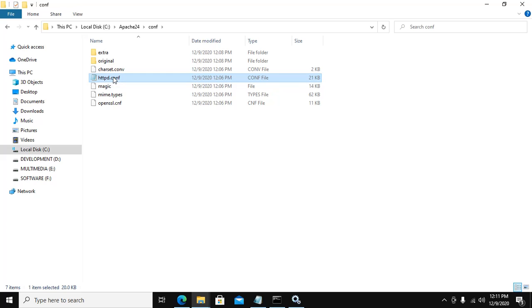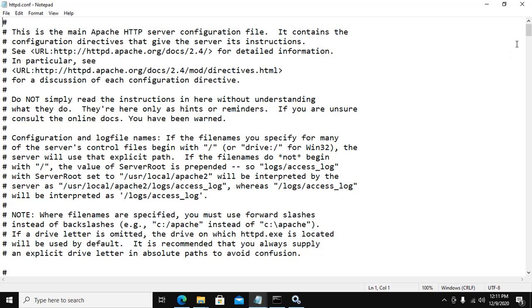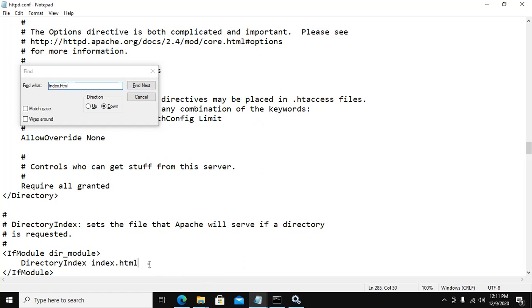Open this file with any text editor and find index.html, search and add here index.php to execute PHP file,